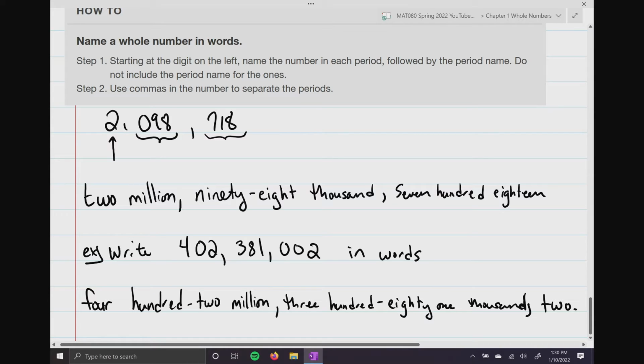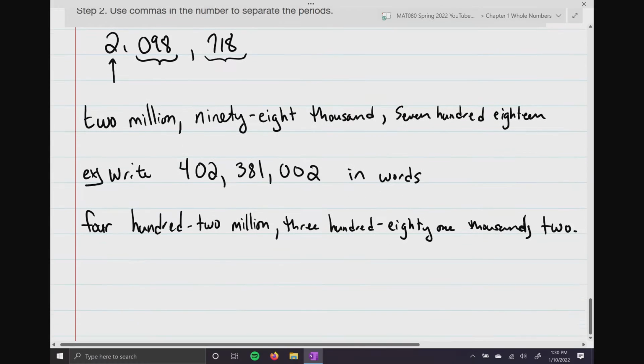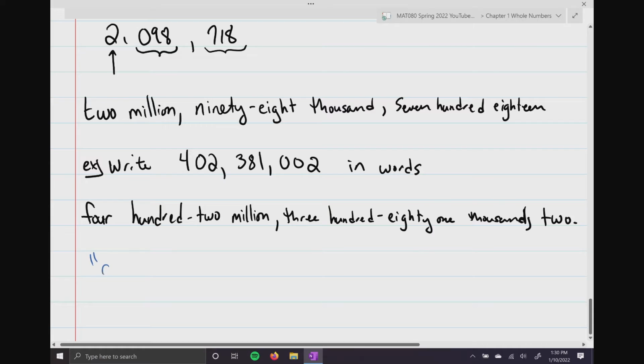Now, that word "and," like I said, some of us, and I'm going to be honest with you, if we were at the grocery store and you saw me and you came up to me and asked me to read this number in words, and I said 402,381,002, I wouldn't be too nitpicky about that. But technically, the word "and" in math, when naming numbers,